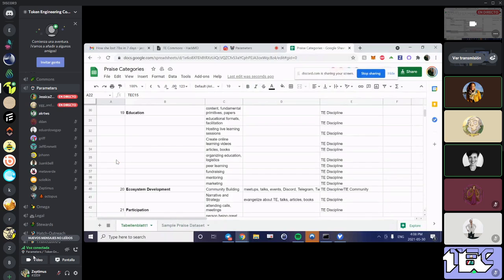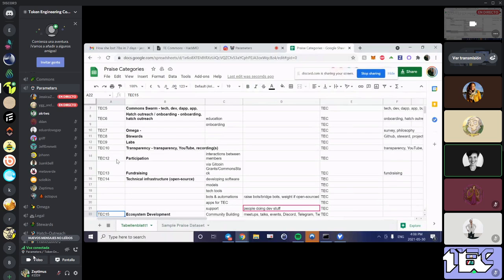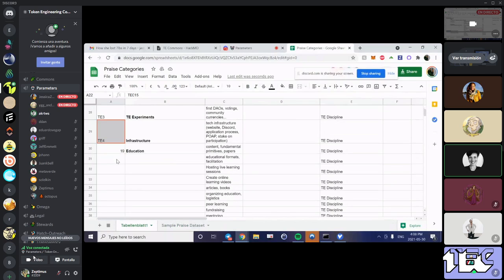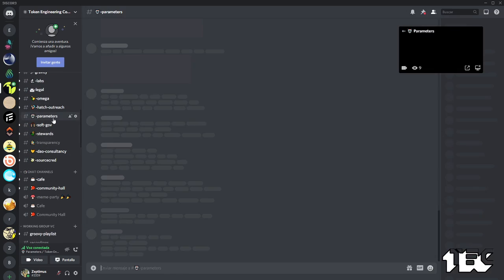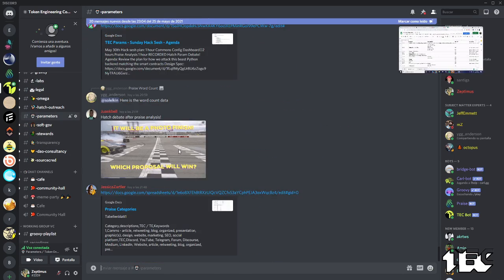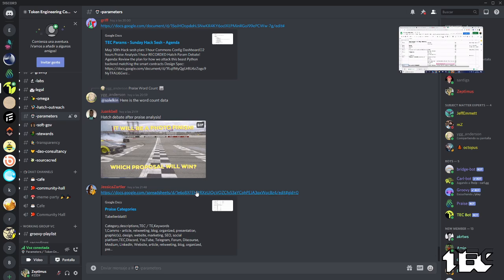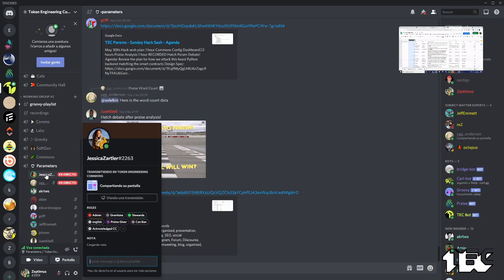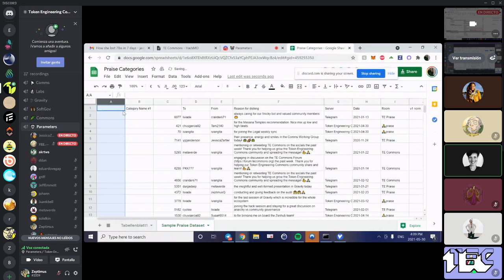Okay, so you're making a code now? I'm just trying to make it a little bit clearer. Okay, no, that works actually because then we can see TE and TEC work. All right, so I'm going to do one category and then one code. I think the code is a good idea.